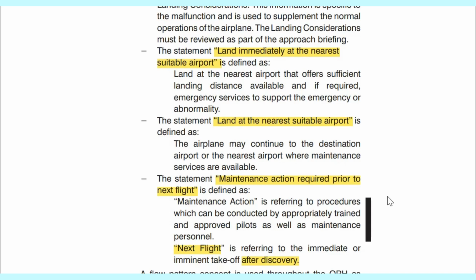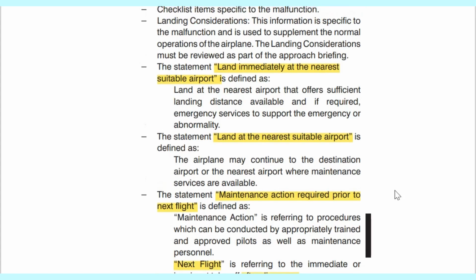Okay, so let's move on now and let's talk about the air conditioning section. So we're going to combine this section with air conditioning, and then the subsequent parts will be covering each chapter until we are done with all the systems as far as the relevant QRH is concerned.